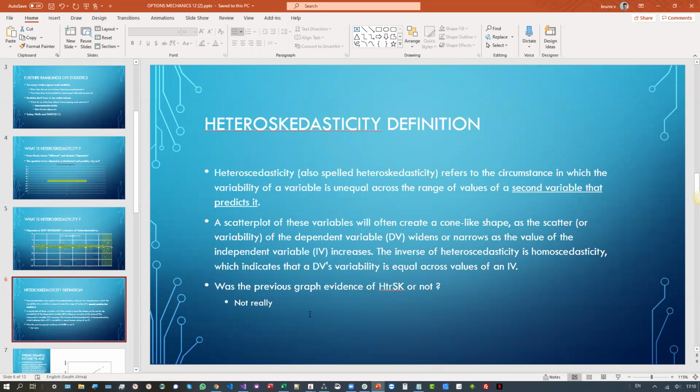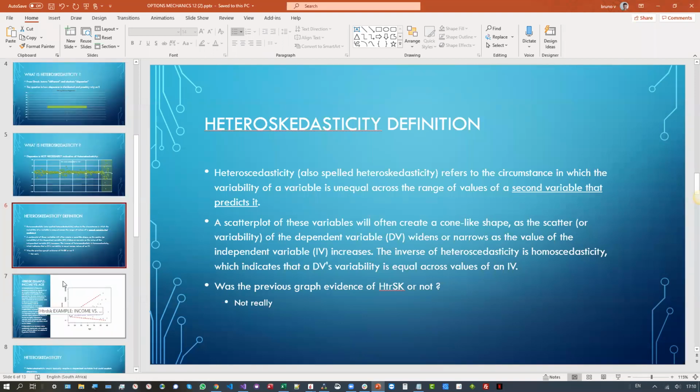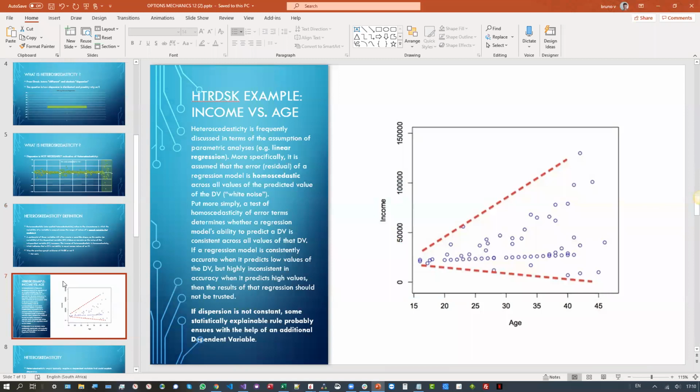Now let's look at an example that has nothing to do with trading: heteroskedasticity, for example, income versus age. We've got income, and we use a dependent variable, which would be age. Yes, we can understand, and it's always good to try and find a meaning, an explanation, not just analyze numbers. And we can, of course, understand that generally, as you grow older, you accumulate a bit of wealth, you've got a better job, and you make more money.